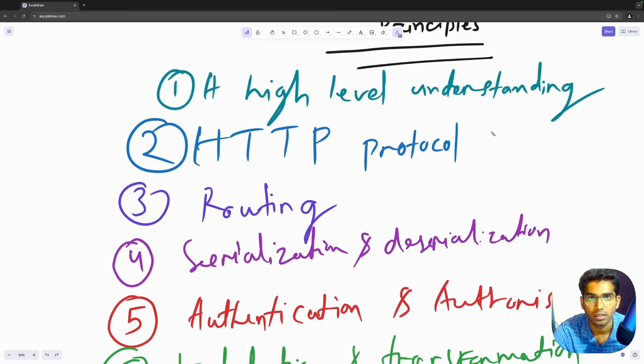We'll see how persistent connections work in HTTP. We'll look at HTTP compression, different types of compression techniques like gzip, deflate and Brotli, and which is the commonly used technique. We'll see the security aspect of it, the SSL, TLS, and HTTPS. Then we'll move on to routing, how routing maps URLs to server-side logic, and what is the connection between routing and HTTP methods.